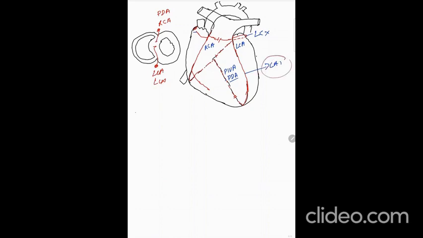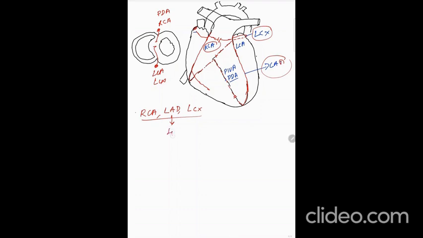Now see, we have the left anterior descending artery, that is LAD. Then you have the right coronary artery and the left circumflex artery, LCX. So we have the right coronary artery, the left anterior descending artery and the left circumflex artery. The anterior interventricular artery, or the LAD, is very prone to